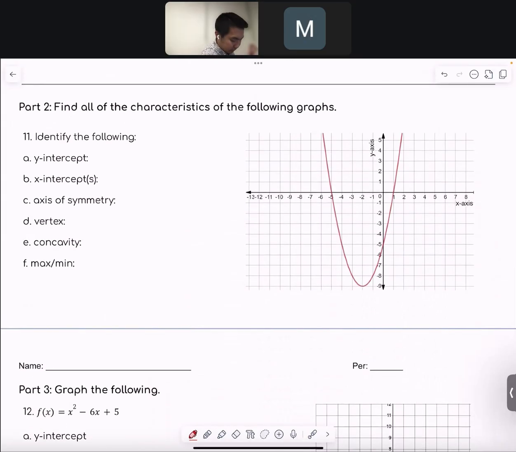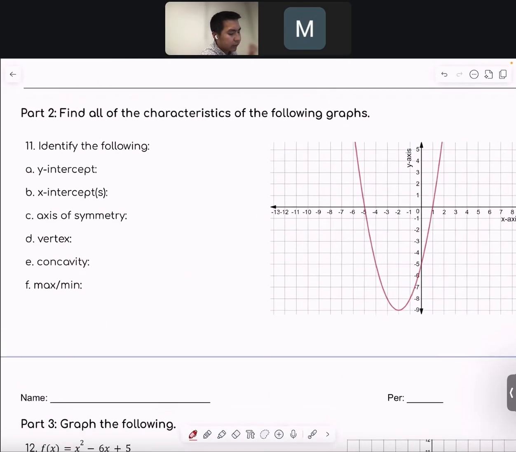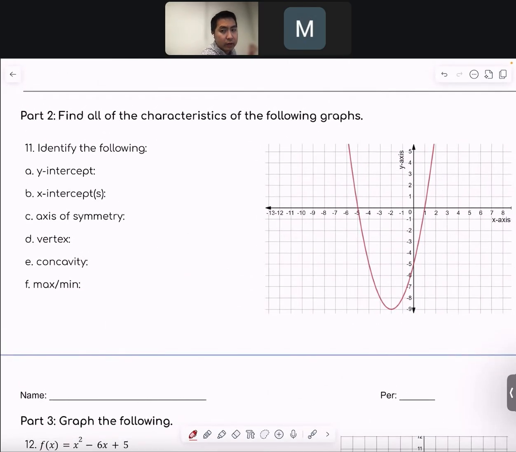Now let's look at this part right here. So this one, you just have to identify characteristics regarding this graph. So the y-intercept is where the graph crosses the y-axis. So it would be right there. And that would be 0, negative 5. X-intercepts is where the graph crosses the x-axis. So that means it crosses there and there. That's negative 5, 0,